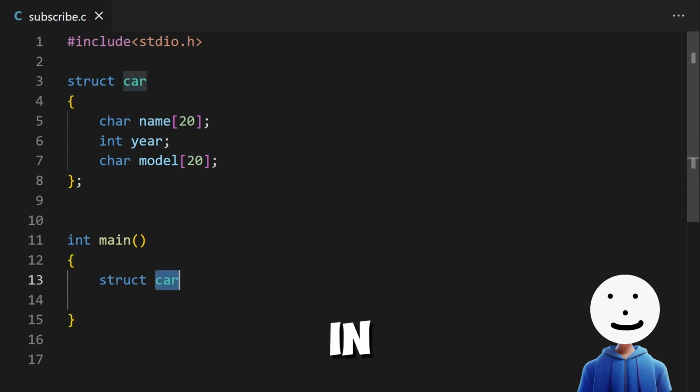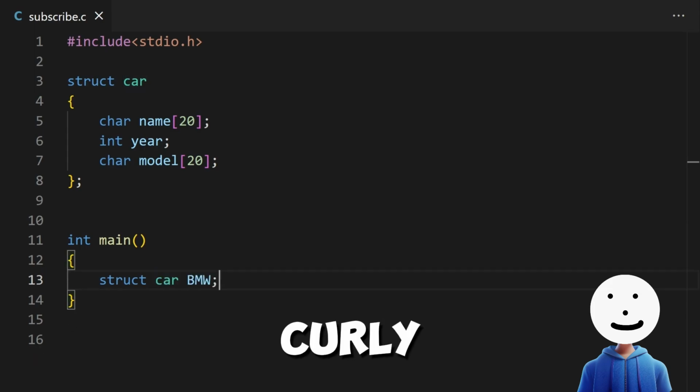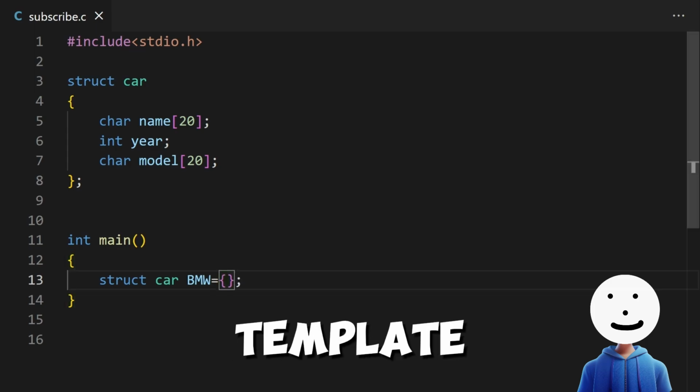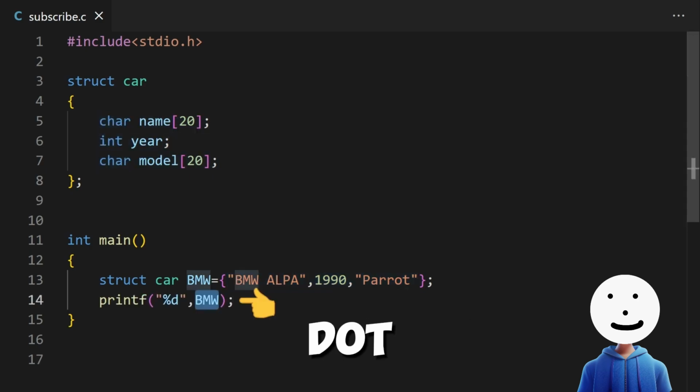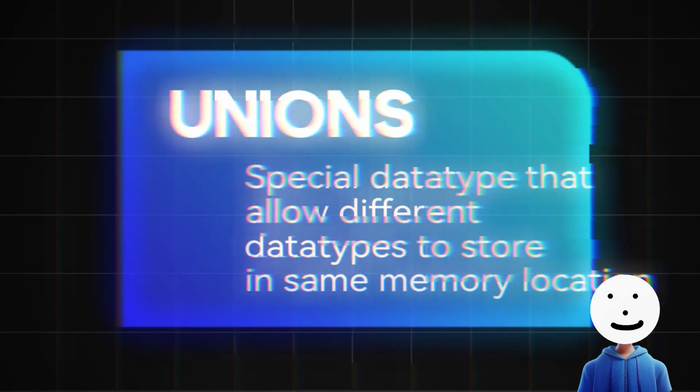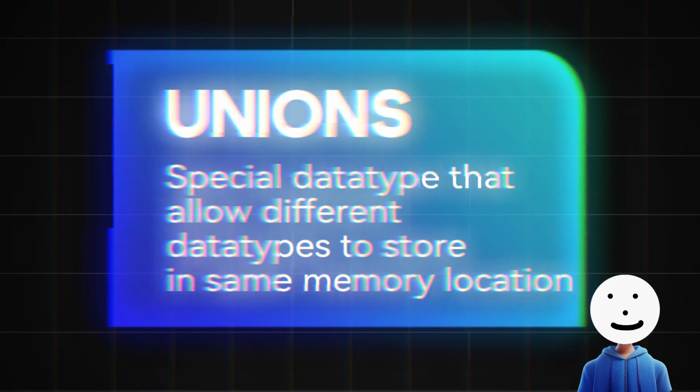To store values in these structure variables, use curly brackets and separate the values with commas according to your structure template. To access or change the elements of your structure variables, type the structure name followed by a dot and then the variable name. A union, on the other hand, is a special data type in C that allows different